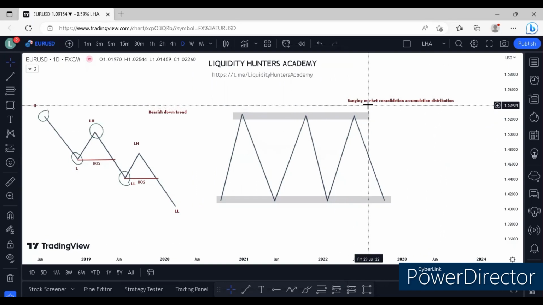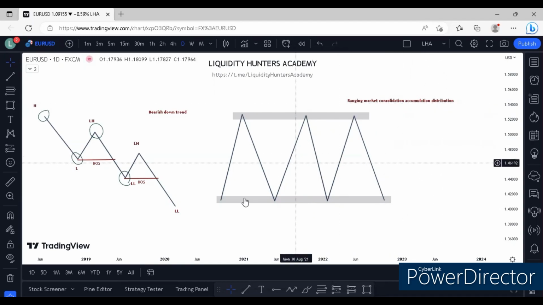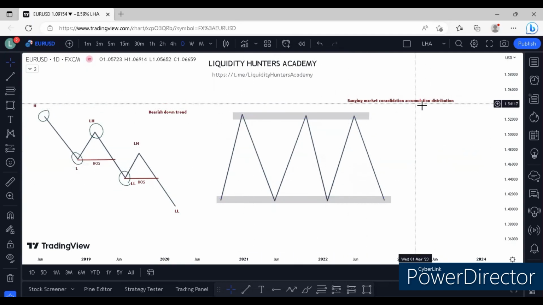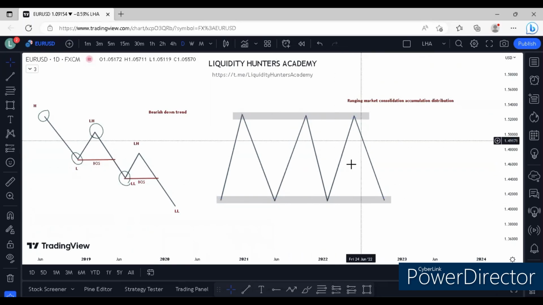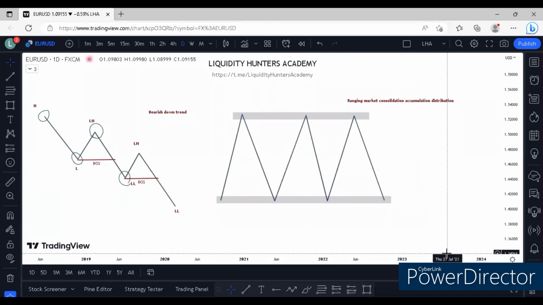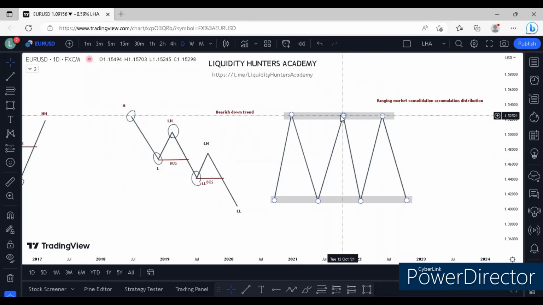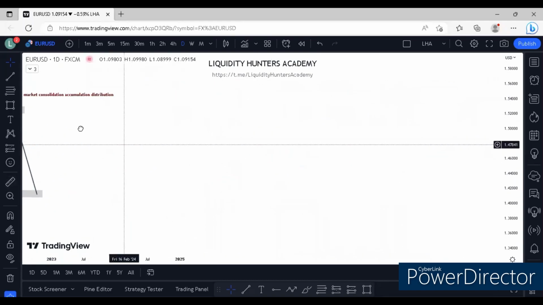So either a range or ranging market, or a consolidation, accumulation or distribution. The accumulation and distribution are both a consolidation. It is when price is ranging, but we call it an accumulation when we are buying orders in order to move up, and a distribution when price is consolidating before it sells off. So now what we need to understand is that the market usually